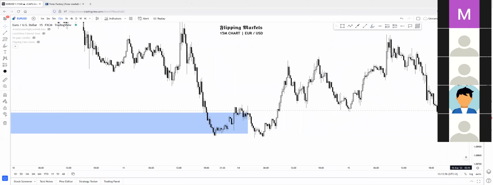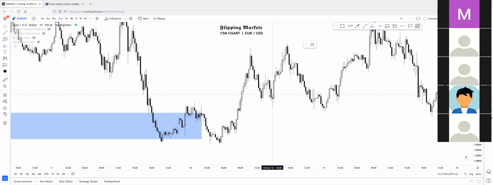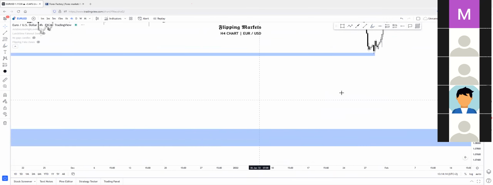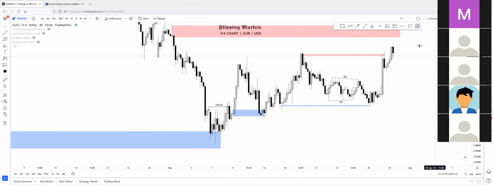And after this, price stepped into this 15-minute zone, that is called the overall flip and change of character right here. Price stepped into this zone, basically changed character on the 1-minute chart somewhere around on this candle. So all of the time frames have been confirmed because, let me just switch back to the 4-hour chart,